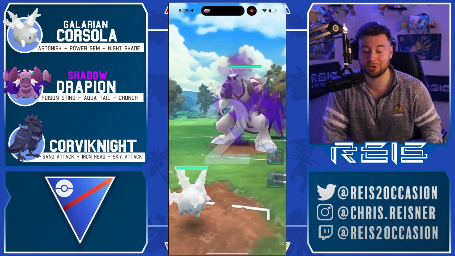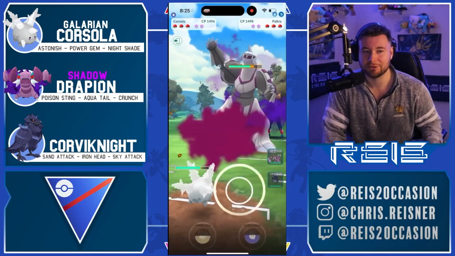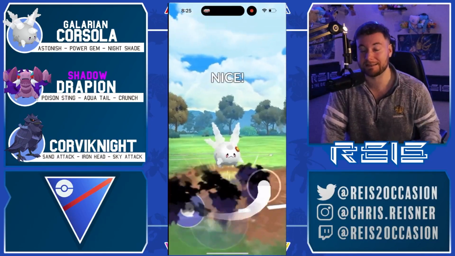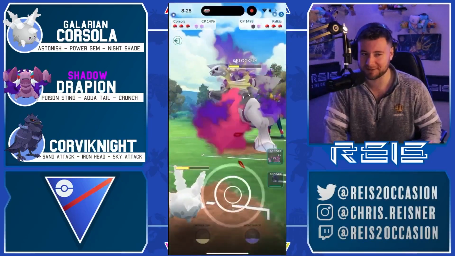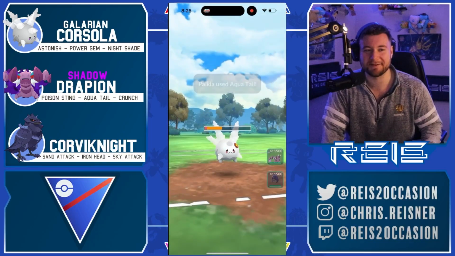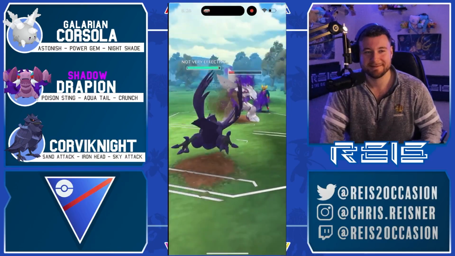Corviknight, along with Galarian Corsola and Shadow Drapion. So Corsola, it's also my first time showcasing it on the channel, I believe. At least my first time using it on the channel, and it's a super strong Pokemon. So in some of these games, you're going to see Corsola kind of steal the show just because it's so strong. But Corviknight as well gets some crazy wins here. This first battle in particular, I believe, is kind of...